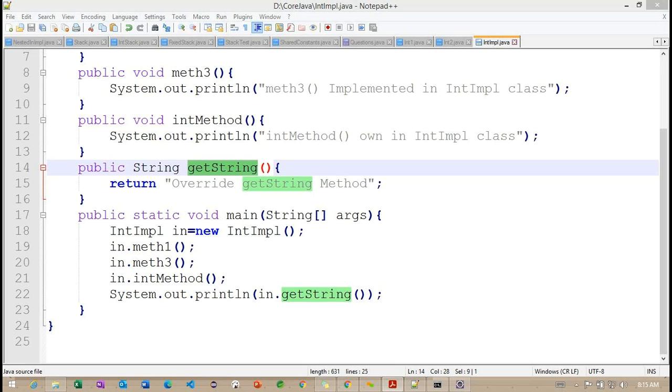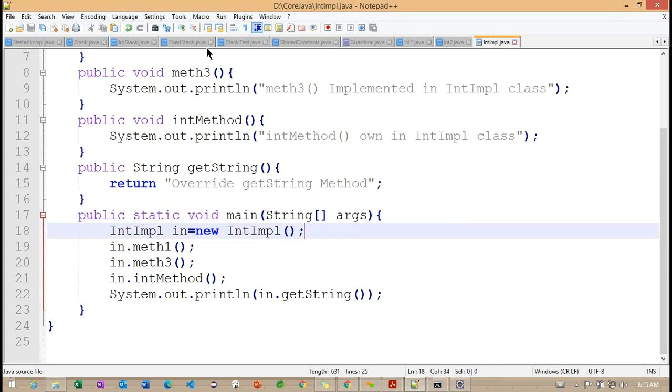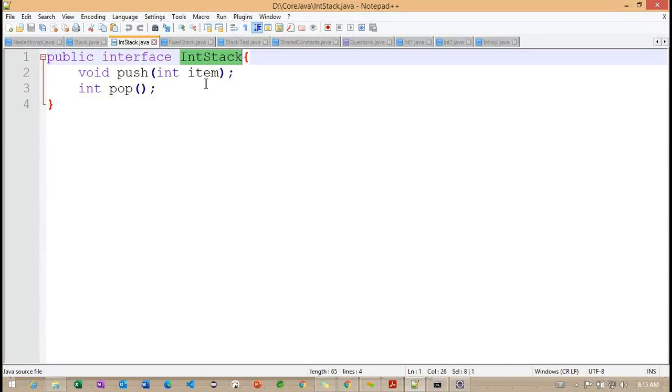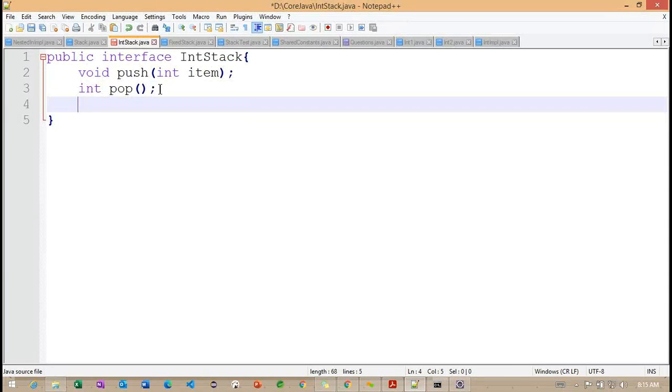Any questions regarding this particular default method? Okay. So the same thing. Now what I'm trying to do is work with this particular int stack.